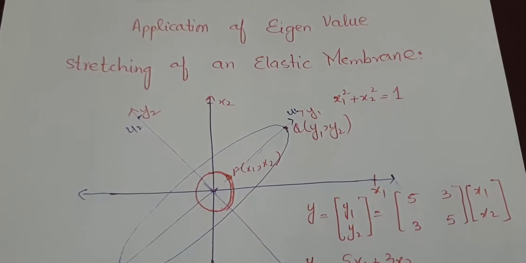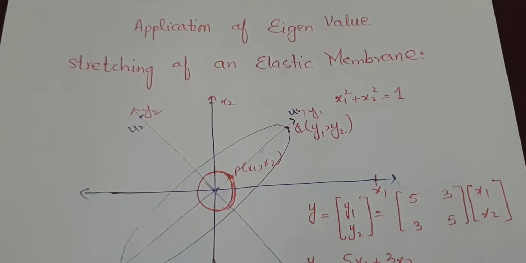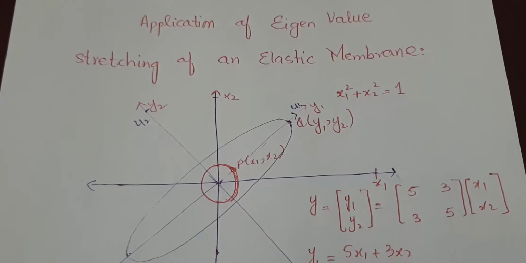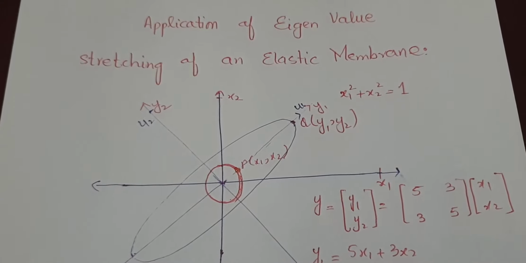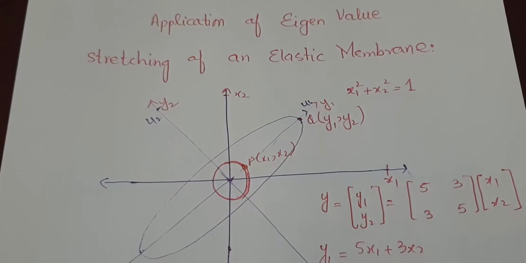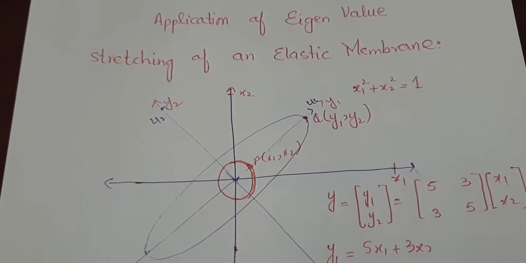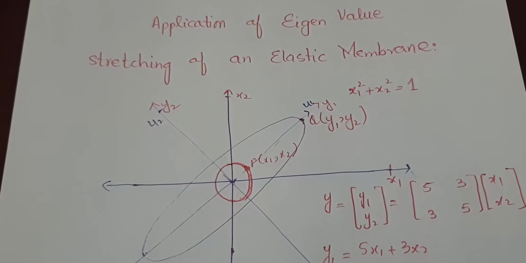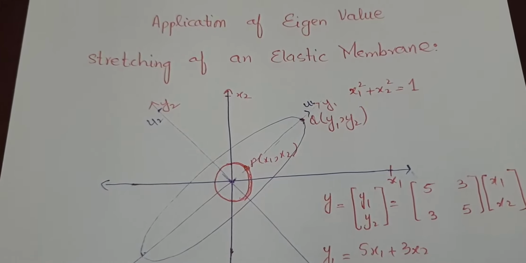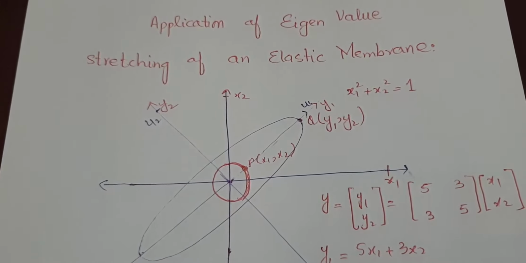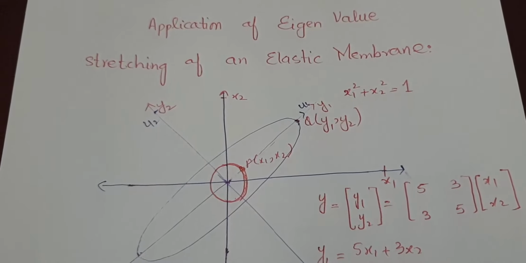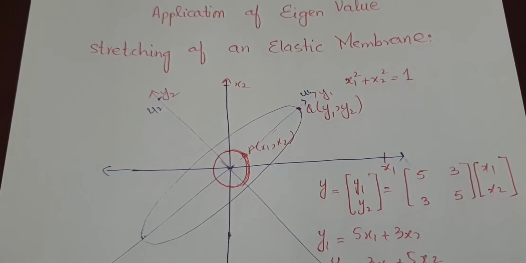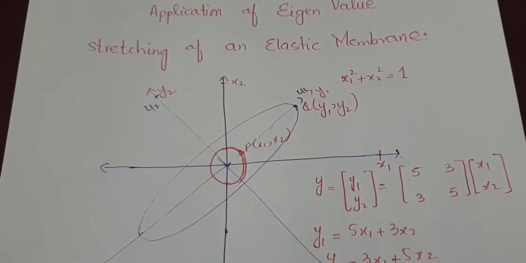Now let's look at an application of the eigenvalues, meaning what is the significance of eigenvalues and eigenvectors in real life. Generally, it is said that the eigenvalues tell us the amount of change in a given quantity or parameter, while the eigenvectors show the direction of change, meaning in which particular direction that change is being introduced. To understand the amount of change and the direction of change, I have chosen a very good example that will illustrate how we can use the idea of eigenvalues and eigenvectors.